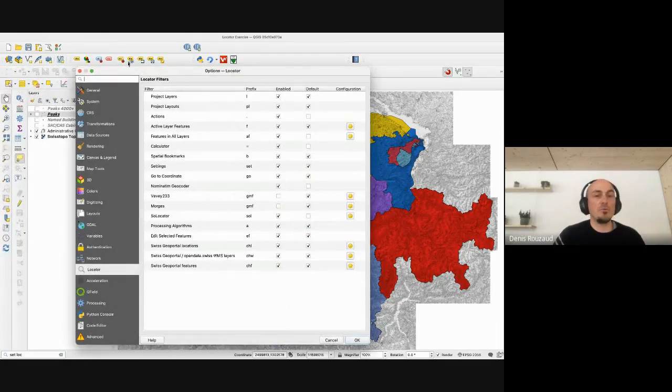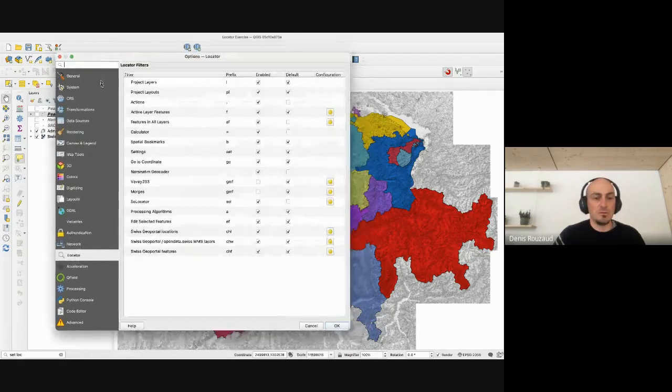I don't have my menu right now because it's in full screen apparently. But let's go on. So here in the main application settings, locator, I have all my filters defined here,